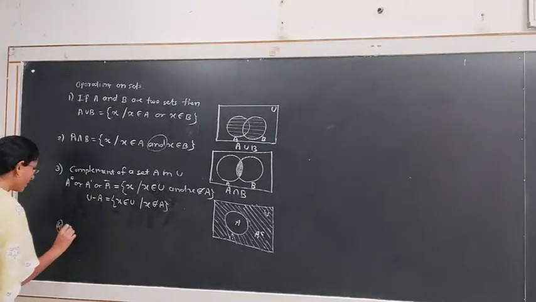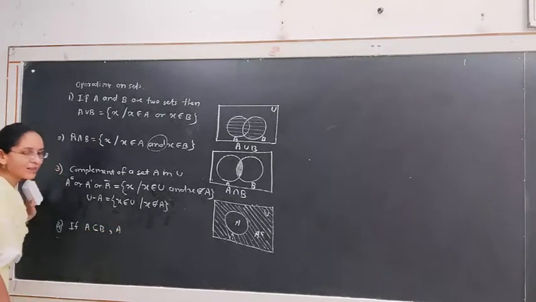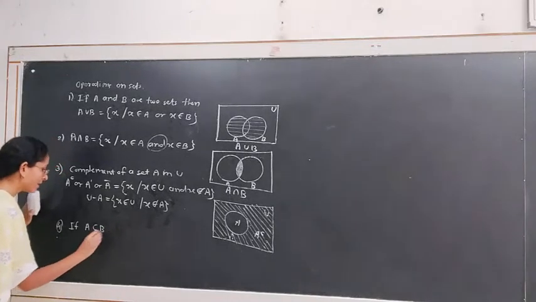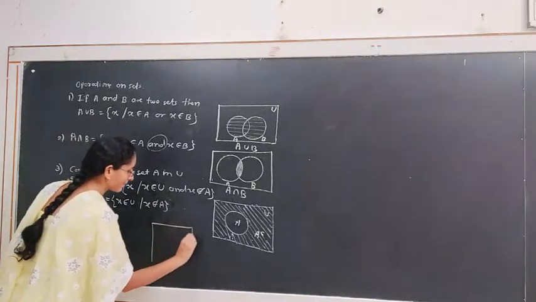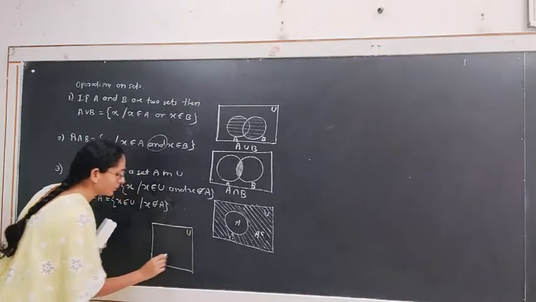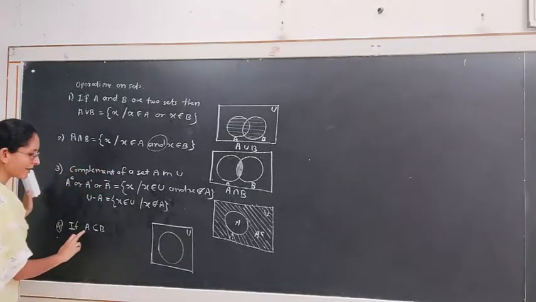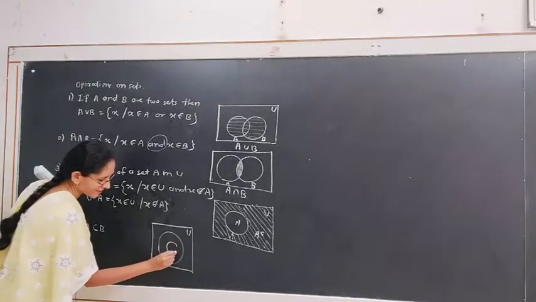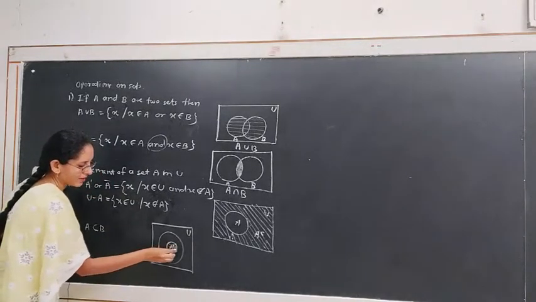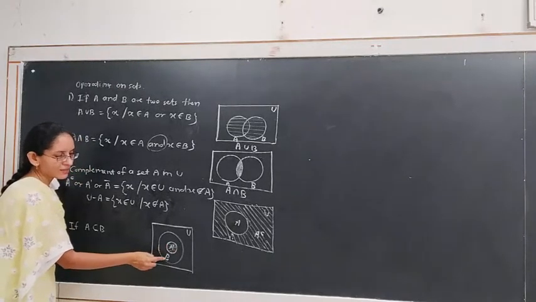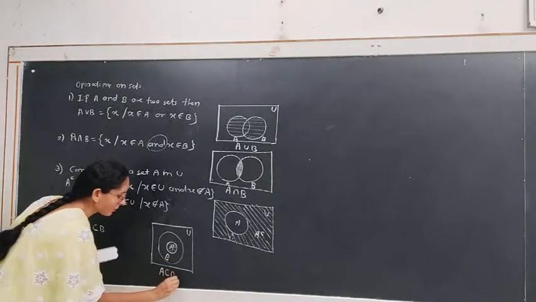Now the fourth thing, if A is a subset of B, and A and B are subsets of the universal set U, then this is represented using a Venn diagram as: this is universal set U that contains the set B, and it is given that A is a subset of B. If we consider this set A and this set B, then this set A is included in set B, means A is a subset of B. This is the Venn diagram to represent the condition A is a subset of B.